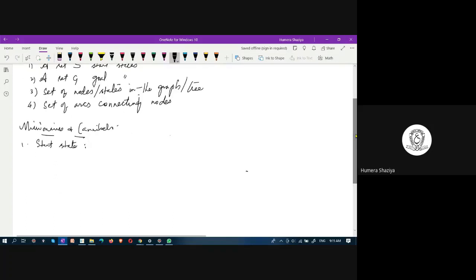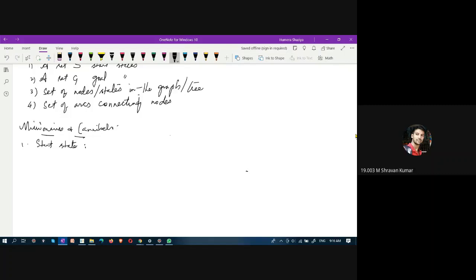Let us discuss how to solve the missionaries and cannibals problem using state space search. Can you tell me what is the start state? The 331 on the left side. Yes, very good.